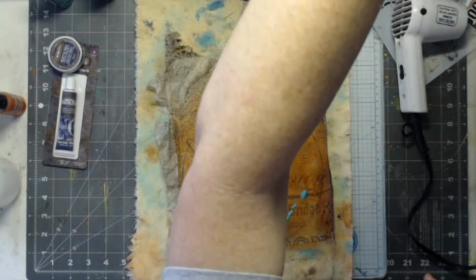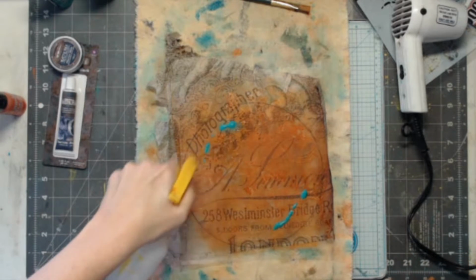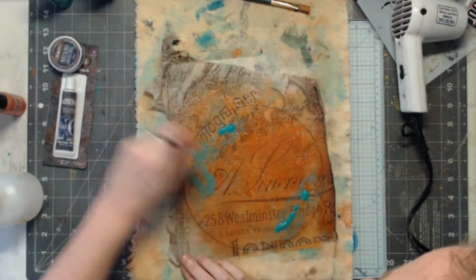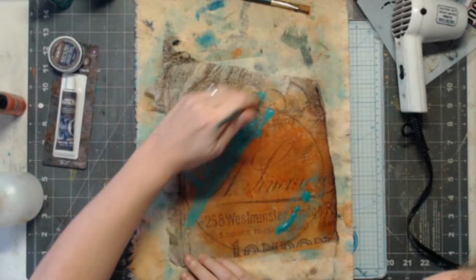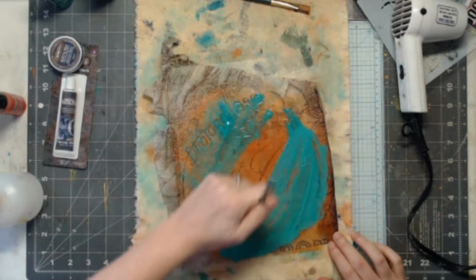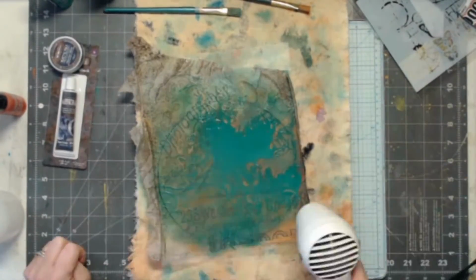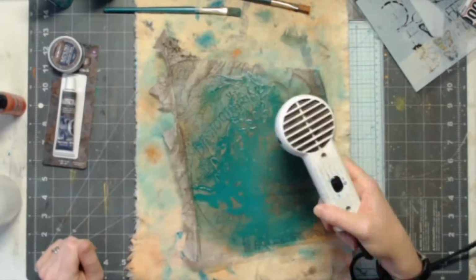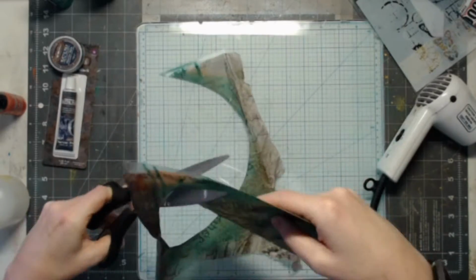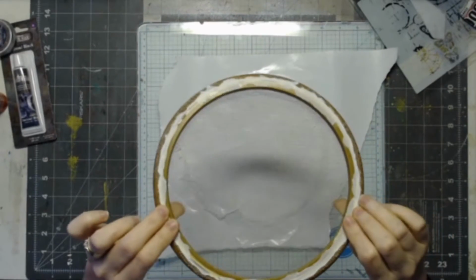And water that down as well, and kind of spread it about over that crackling campfire in here. My E6000 is dry,